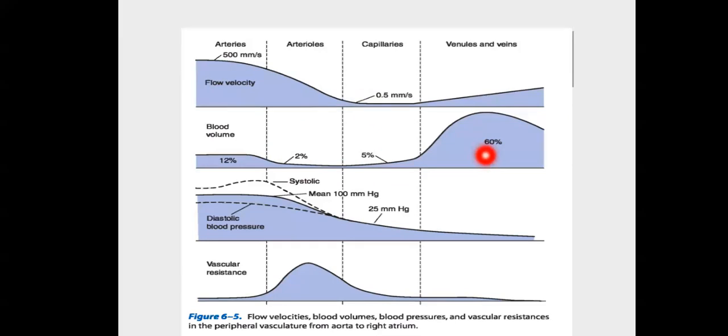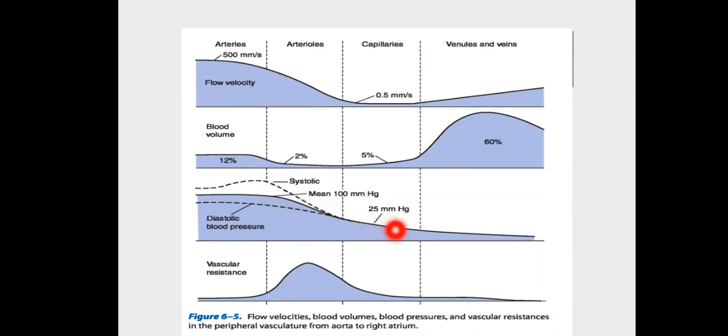The blood volume can be found at its highest in the veins and the venules because they are very compliant and they distend and accommodate blood. The pressure is at its highest in the arteries, slightly decreased in the arterioles, with more reduction. The smallest pressure is in the veins and the venules,